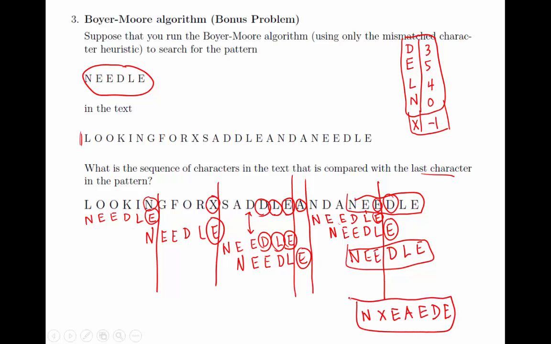If you look at the things that we circled, in fact, we have to do all of these things to make sure that we found the pattern. But the number of comparisons that you do can be very small if you're allowed to do the jumps. So this shows you that Boyer-Moore can be a very efficient algorithm. And in fact, the best case for Boyer-Moore is N over M, which is good. But the worst case can be